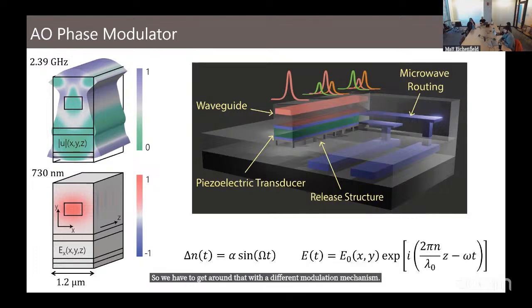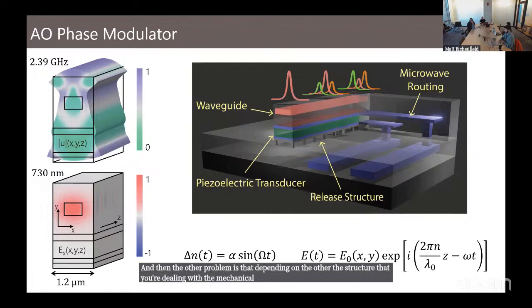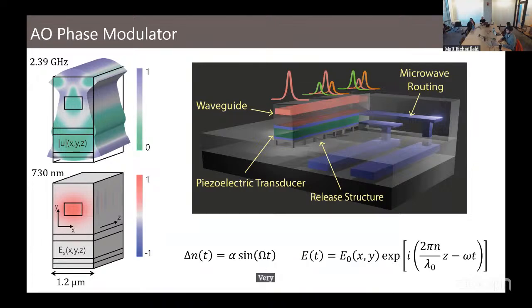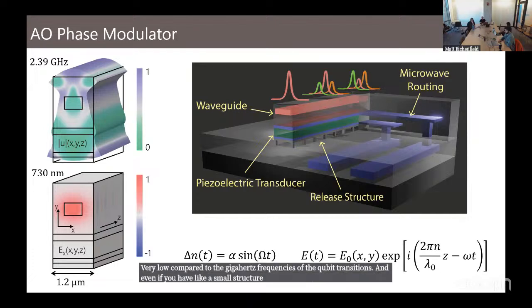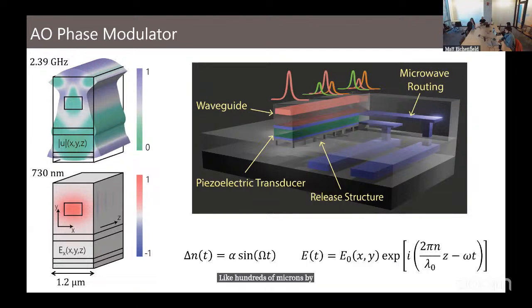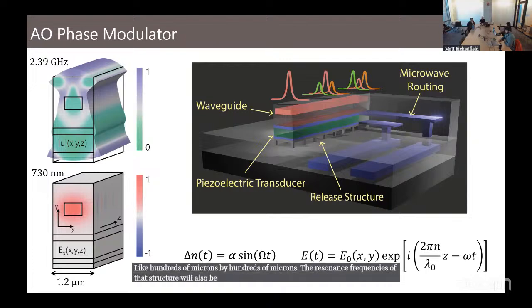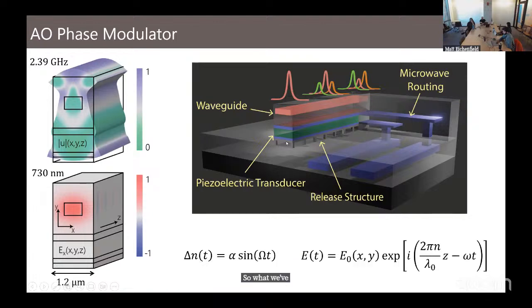And then the other problem is that depending on the structure that you're dealing with, the mechanical properties will vary. So for example, if you have a large structure like a table, the resonance frequencies of that table will be very low compared to the gigahertz frequencies of the qubit transitions. And even if you have a small structure on a chip, small to a human, like hundreds of microns by hundreds of microns, the resonance frequencies of that structure will also be much lower than that of the qubit transition frequencies. So what we've done is we've made a very small structure that is mechanically isolated from the